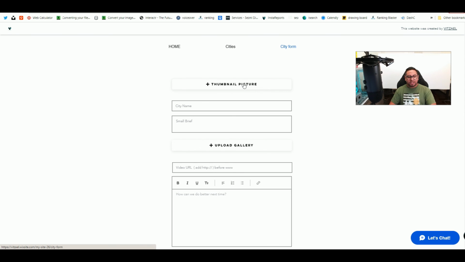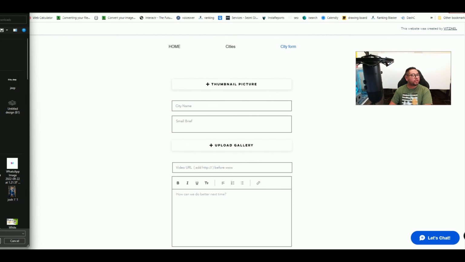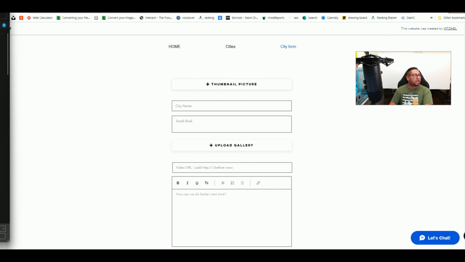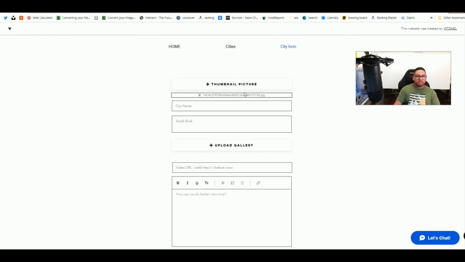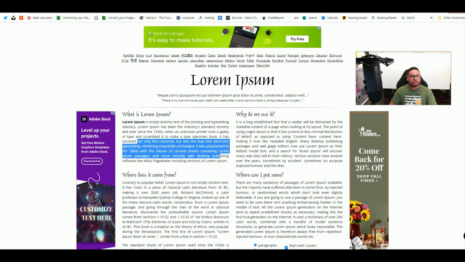So now I'm gonna start adding the data. I click here on thumbnail picture, and it opens another window for me, which again has a lot of pictures and items on my website that I don't want to show. But again, you can just select any image that you have on your computer and then click open. So I added one picture. City name, I'm gonna have it as Georgia, and then small brief, just gonna copy something like here,